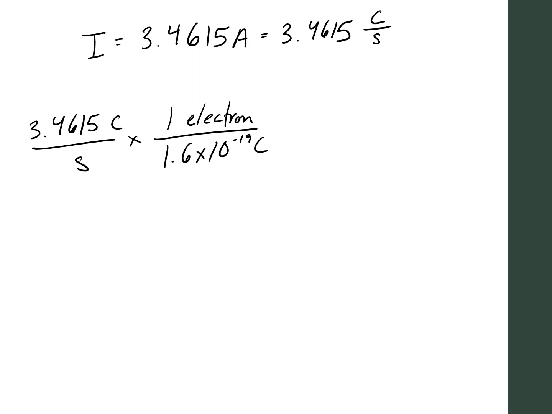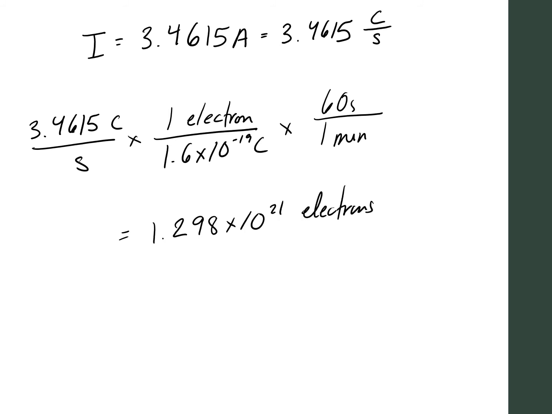We didn't want electrons per second, we want electrons per minute. So we know there's 60 seconds in 1 minute. So this is going to be how we can go through and solve for the electrons leaving the battery per minute. So taking this and plugging it in, I got 1.298 times 10 to the 21